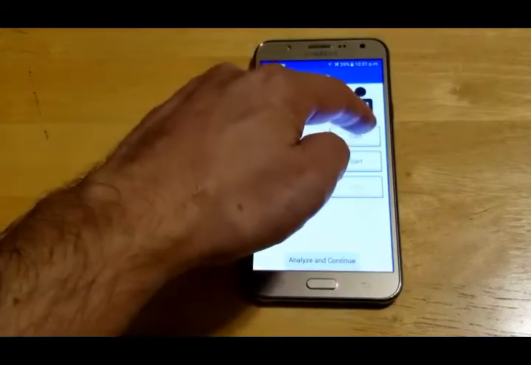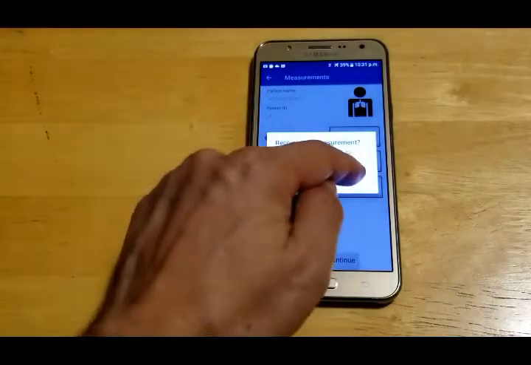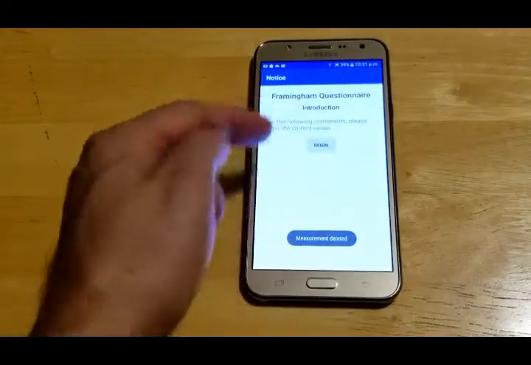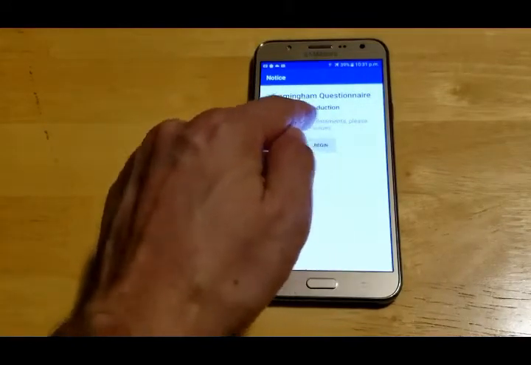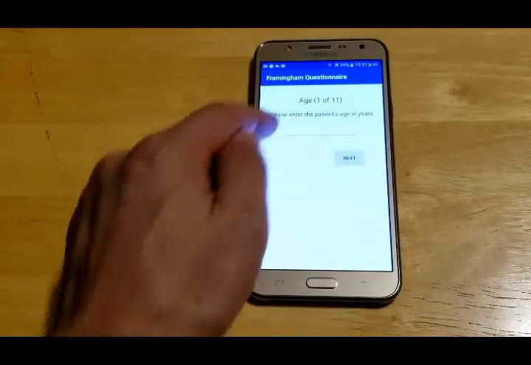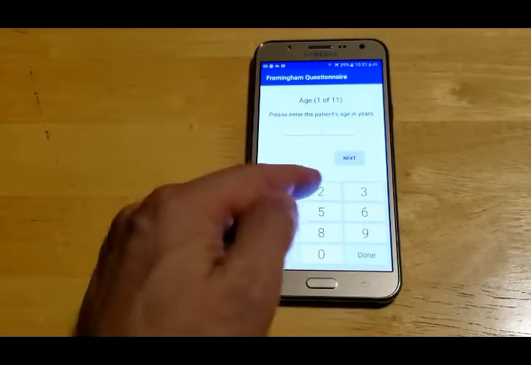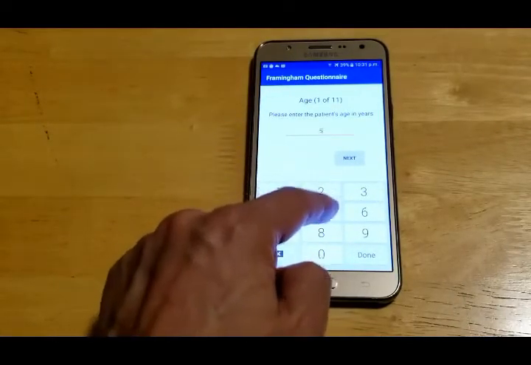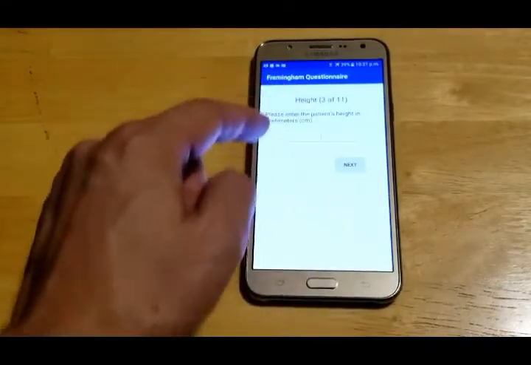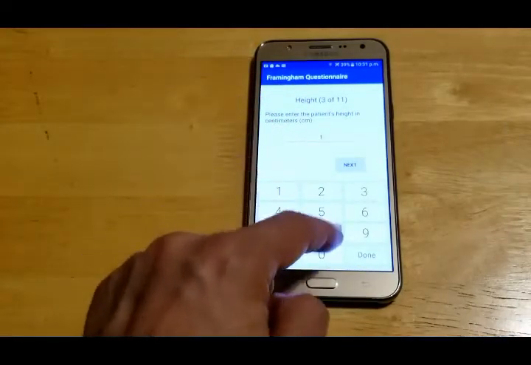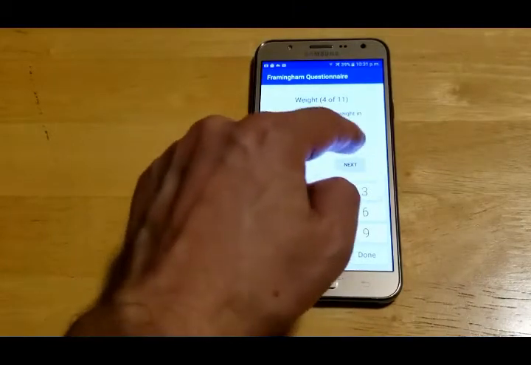So the first one is a questionnaire. So we'll do start. It says record new measurement. We say yes. And this happens to be the Framingham questionnaire, which is a very traditional cardiovascular risk score. So the patient's age, I'm just making up some data for this example. So I will say maybe 55, male, patient's height, I will put 180 centimeters, weight, let's say 90 kilos,